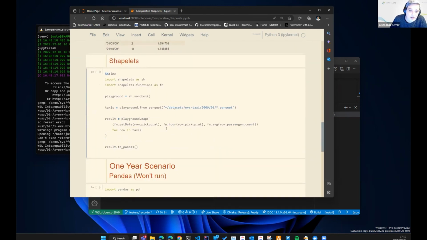However, in our opinion, and in the opinion of the users that have been playing with the framework, this language feels far more natural, because we're basically just importing the functions. And now we're simply getting the date of the pickup, getting the hour of the very same time, and performing an aggregation with the average of the passenger count for every single row in the taxis